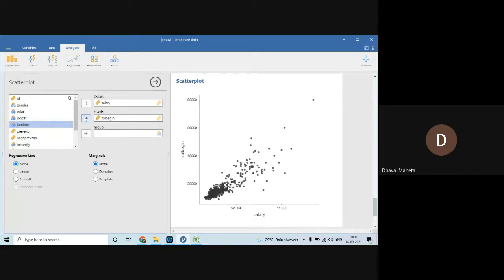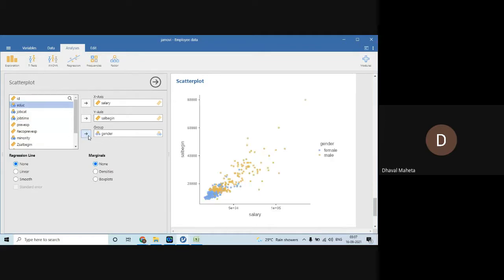begin. Now when you are here, you also have one flexibility: I want to see whether the relationship between salary and salary begin is the same for male and female or not. So you can insert gender here and see, now it will give me according to male and female.